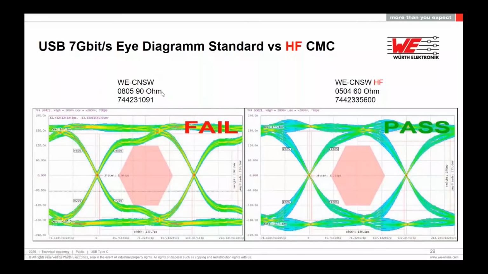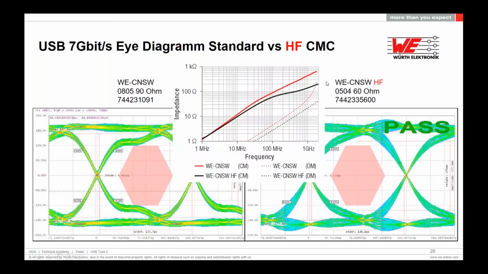So what happens if you put a standard speed combo choke, which is intended for example for USB 2.0, in a 7 gigabit signal? Then you will violate the eye diagram due to the higher stray inductance, which means the rising edge and the falling edge of the signal are too slow because of too much inductance in the line, and then the signal fails. If you use a real HF component, which is suitable for high-speed designs, then you will have enough slope in the rising and the falling edge,